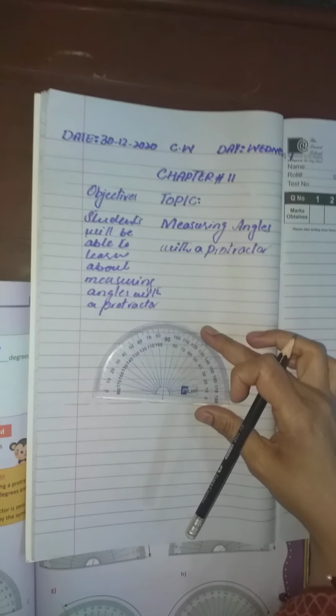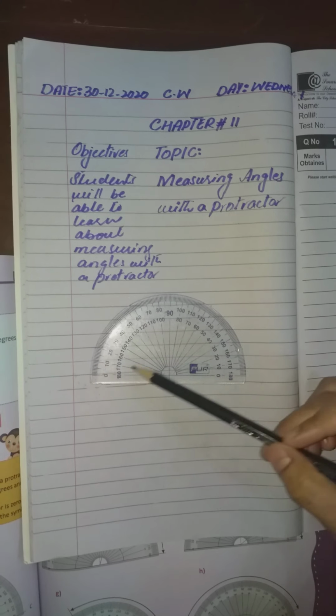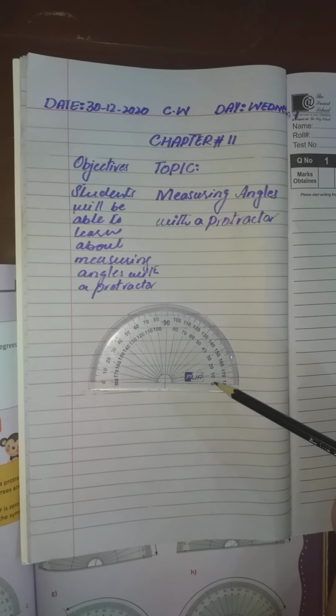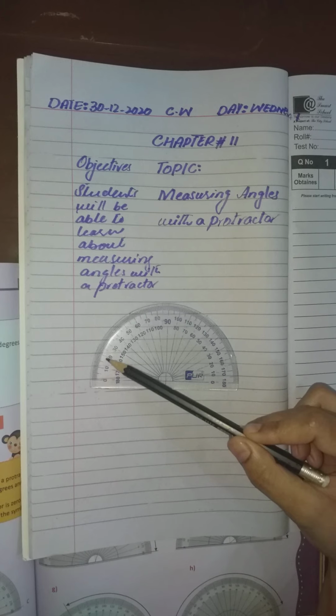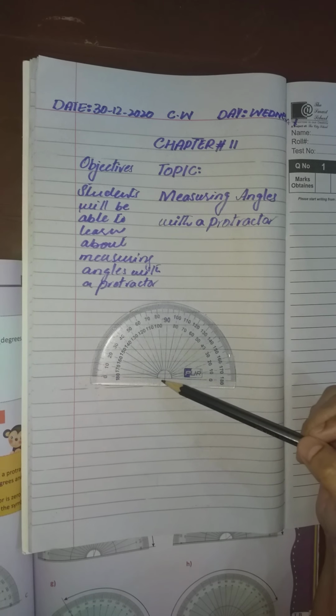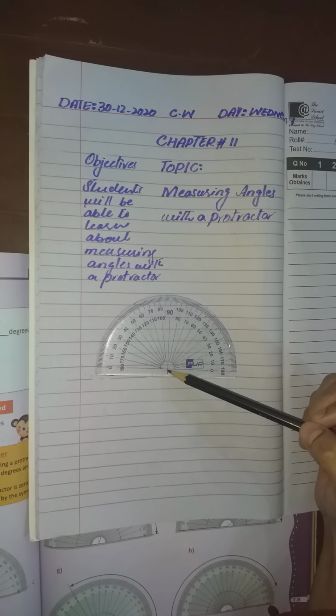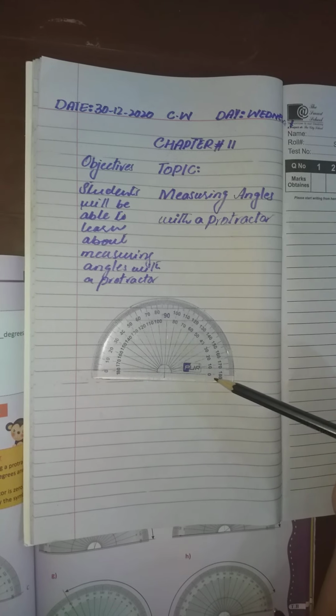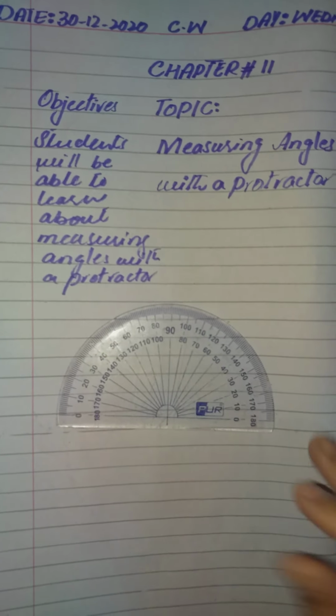You can see this is a protractor. There are two scales in the protractor. This scale is called inner scale and this scale is called the outer scale. This is the center of the protractor and this is the baseline. So